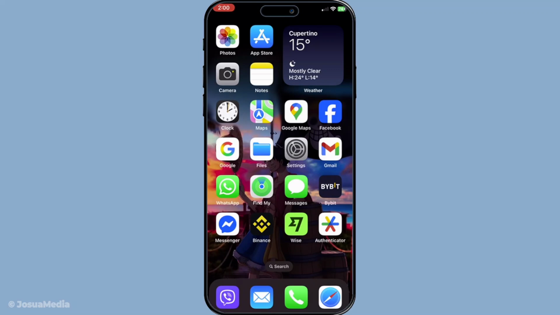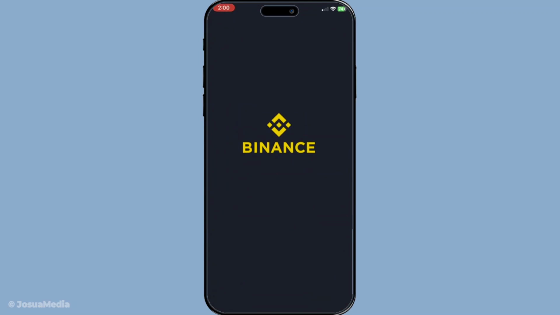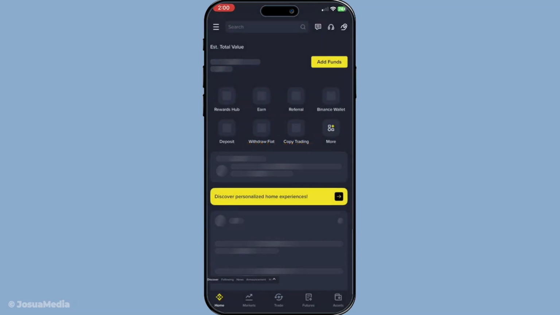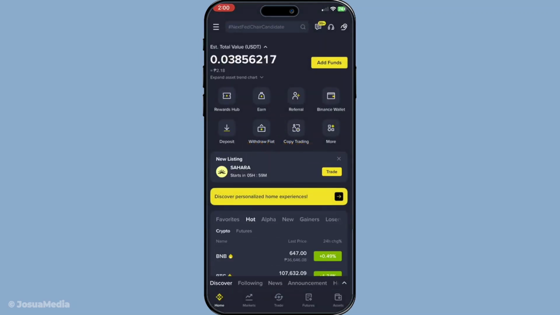So let's get started. First, go ahead and open the Binance app on your mobile device. If you're not already logged in, you'll need to do that first. Enter your credentials carefully to ensure you access your correct account. Navigating through the Binance app might take some time if you're brand new, so don't worry if it feels a